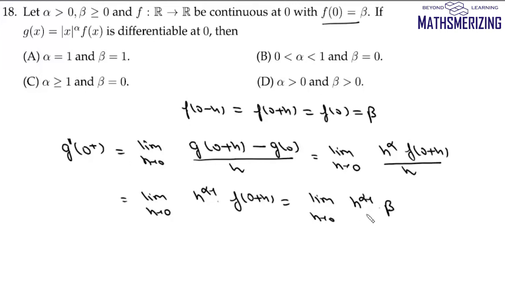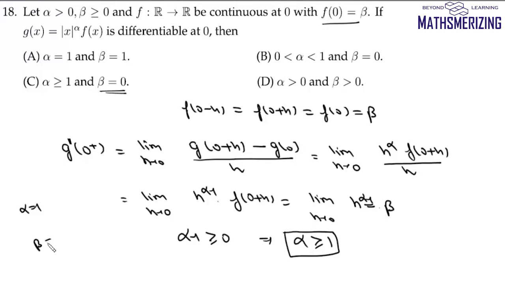Now this limit will be differentiable when this power is either 0 or greater than 0. So this gx will be differentiable when alpha minus 1 is greater than or equal to 0, that is when the value of alpha is greater than or equal to 1. So this function gx will be differentiable when the value of alpha is greater than or equal to 1. Now what about this condition that beta equals 0? Now when alpha is 1, in that case this g0 positive will be beta and g0 negative will be minus beta. So from here we'll also get this condition that beta must be equal to 0. So answer to this question is alpha must be greater than or equal to 1 and beta equals 0, and